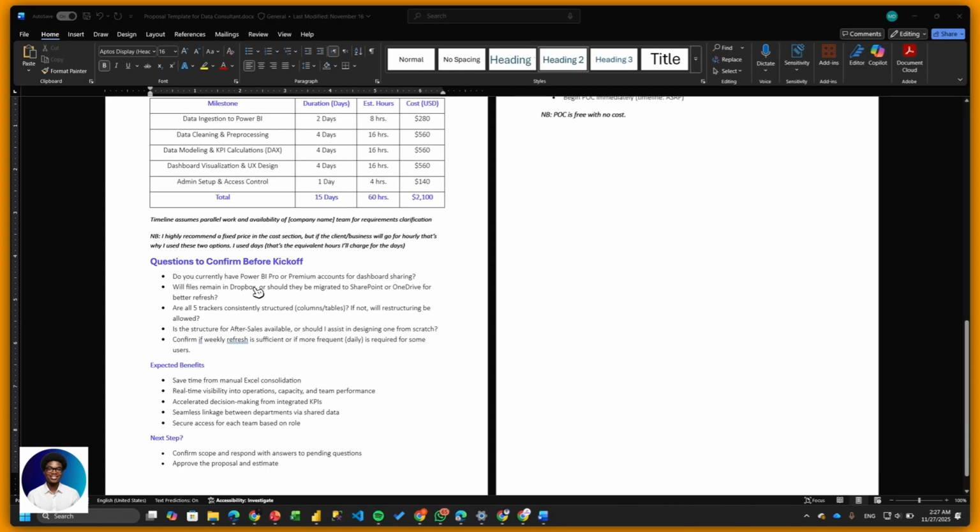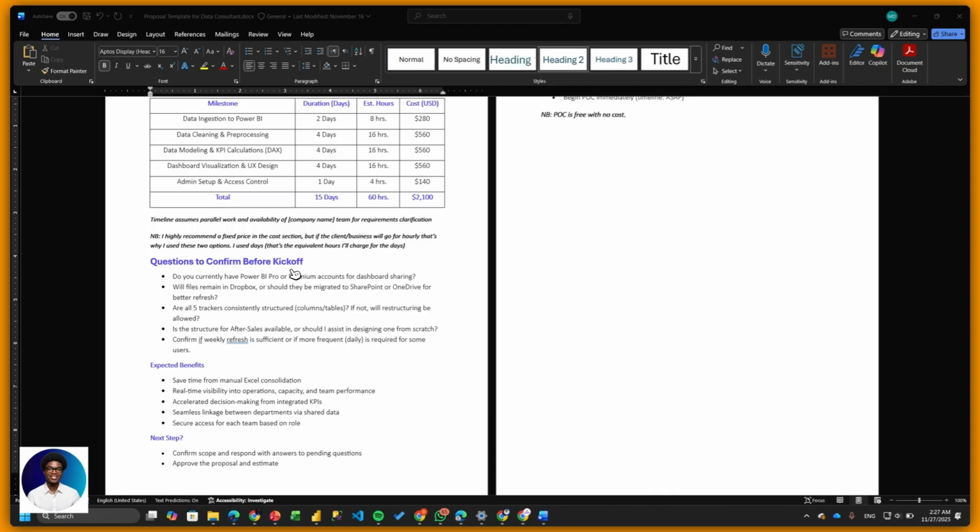Here you are now showing them that you understand, and you want to confirm, because this proposal is telling you that they already told you their problem. You now want them to know that you understand their problem and this is the solution to their problem. So anybody that goes through this will know, okay, this person actually understood us. Do we have the money? If they have the money, yes, because it gives them confidence and trust that they can work with this person.